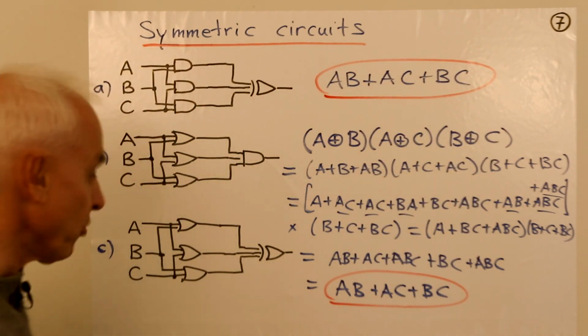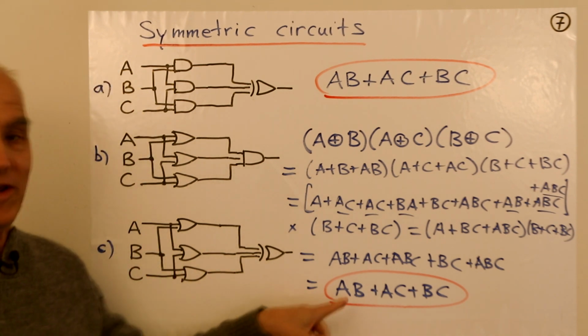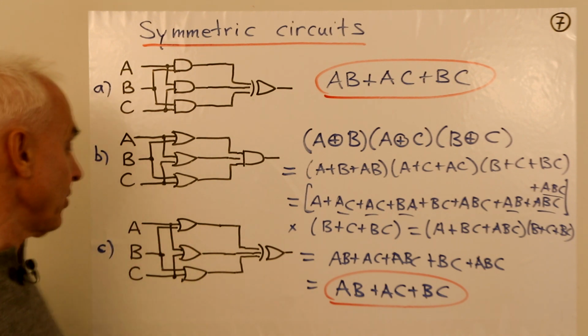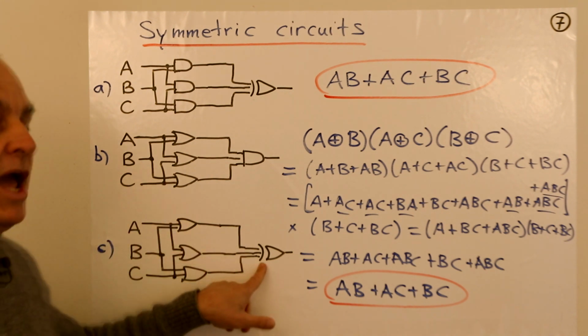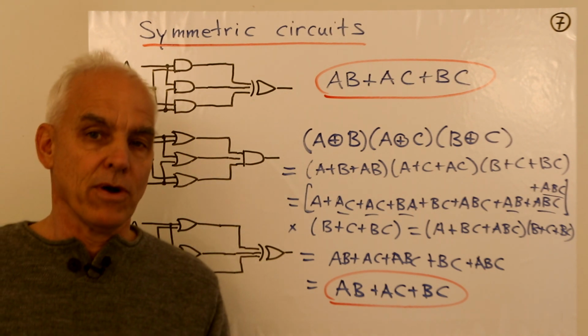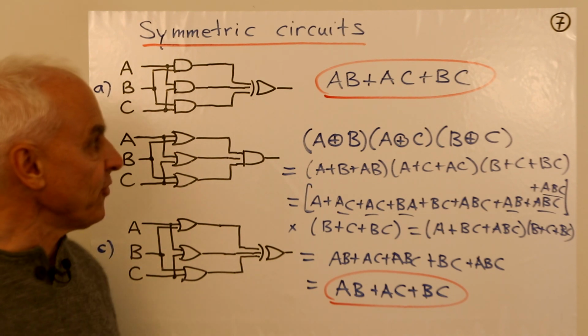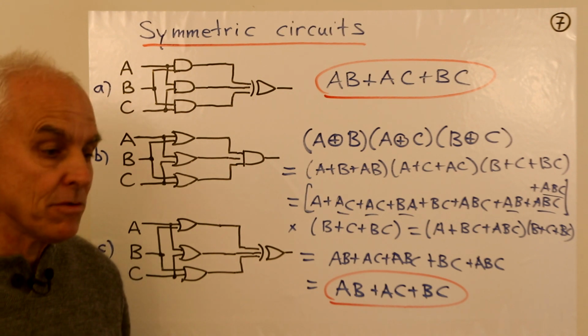All right, since I don't have room, I'm going to leave it to you as an exercise to figure out whether this one gives us the same expression or something different. It should give us something symmetrical, but it's not clear which one. Here we have 3 OR gates, just as we did over here, but we have an XOR gate there, a triple XOR gate. All right, so check out what happens with this one.